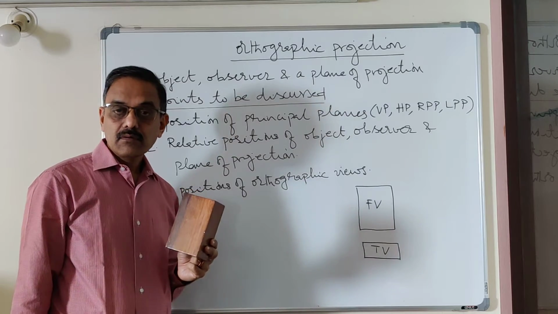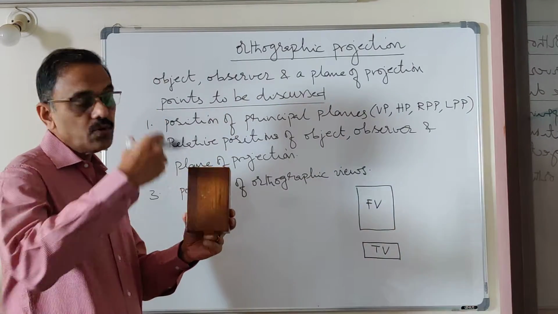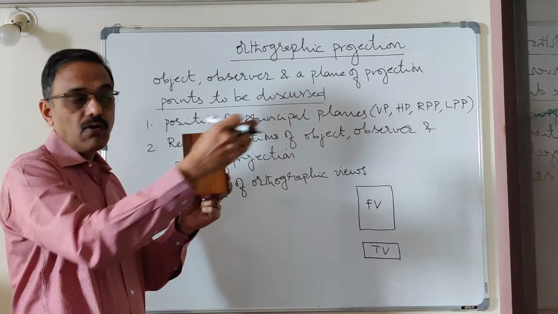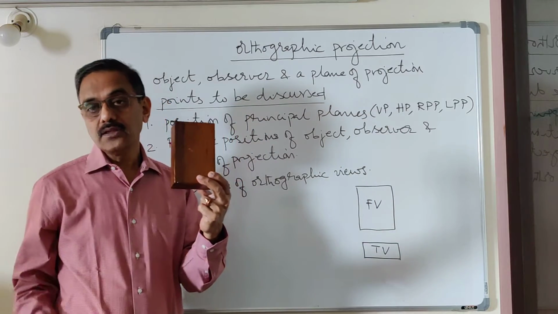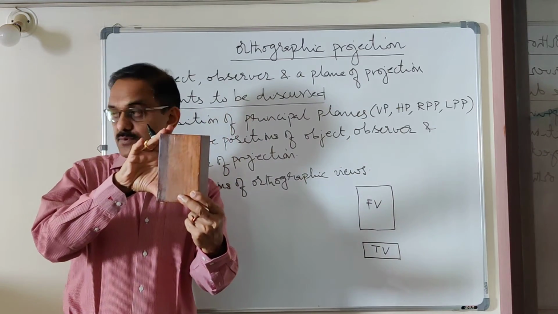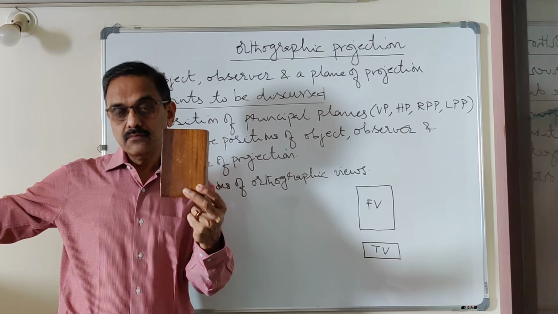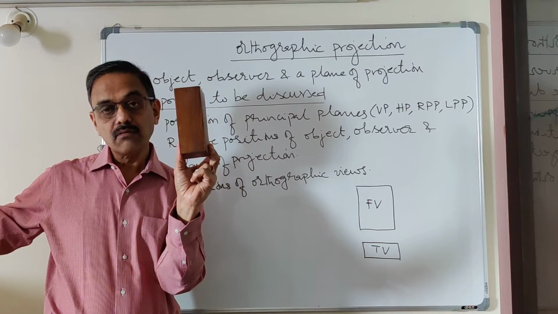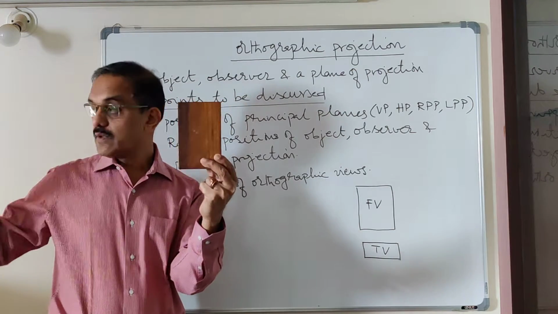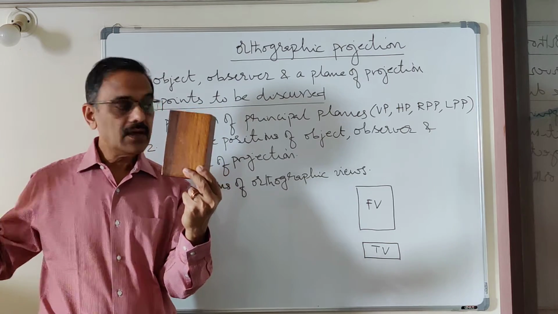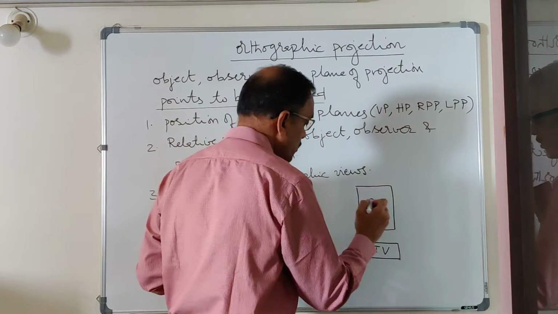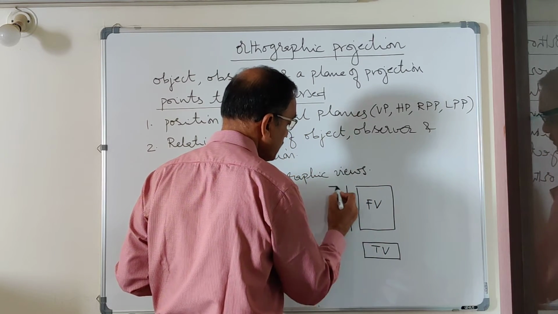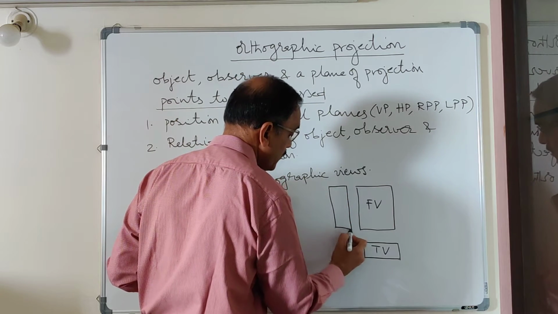Now, imagine the observer has moved to the right position. So, the observer is there on the right side now. I am going to use the left wall for drawing the projection. Imagine that this object is projected onto the left wall. What is it that you are going to get now? This is what you will get on the wall. Whatever is this rectangle, it is going to be obtained on the left wall. Now, I am going to draw it here. This is what you are going to view.